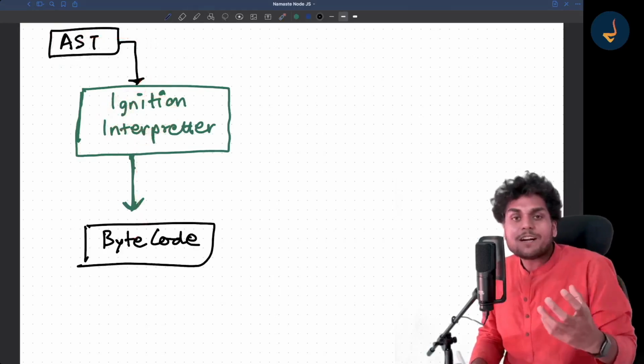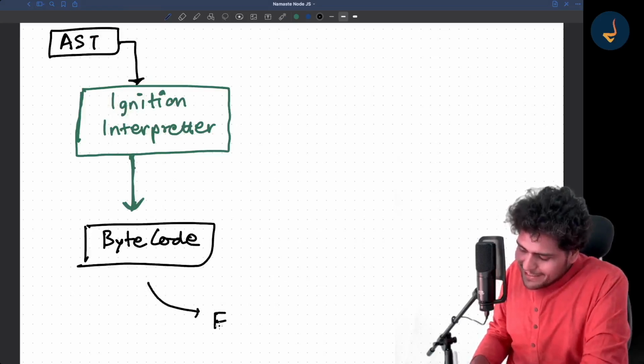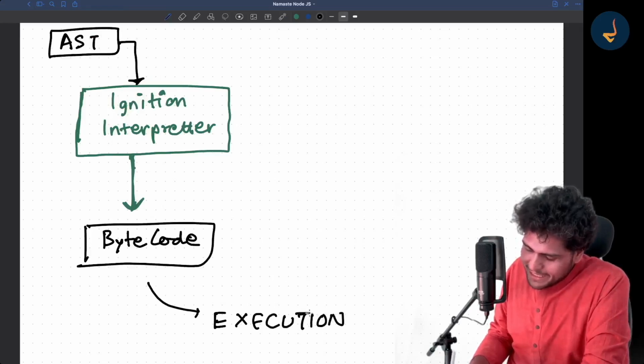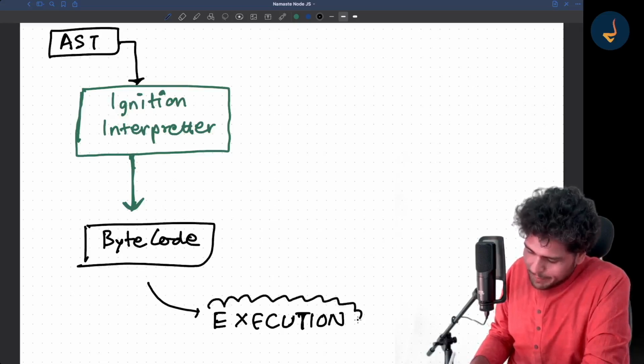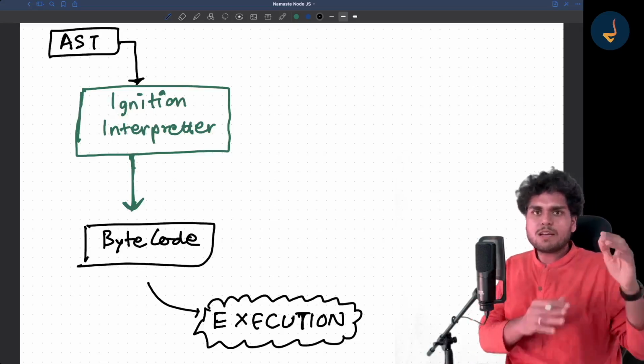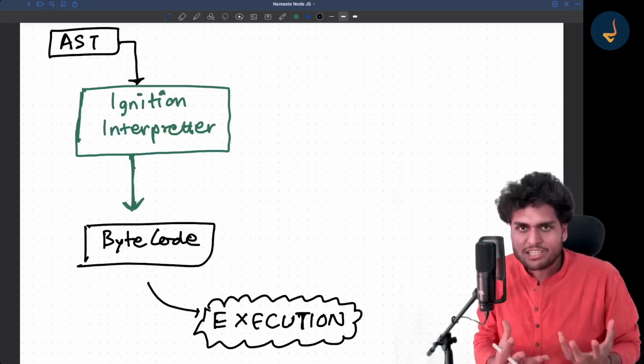Once the AST has been converted to bytecode, finally execution happens. What do I mean by execution? Basically whatever the code needs to do. The bytecode is then executed in its own fashion.